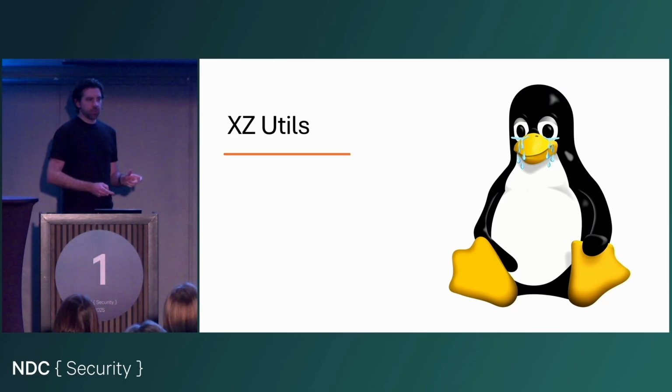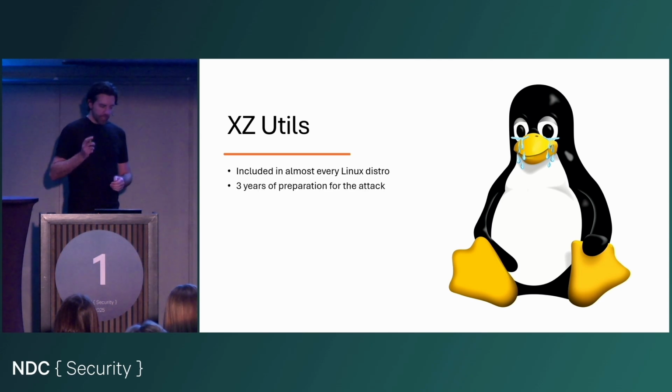So the first two were closed source systems, right? No one can really inspect that source code before it gets distributed out to the end user because it's not visible to the end user. This one was a bit different because this was a big open source project. So this is a compression library that is included in almost every Linux distribution. And it took about 3 years for this attack to take place because there was